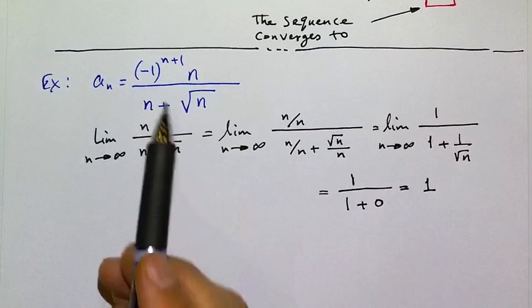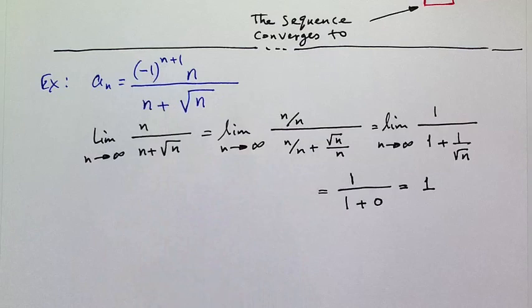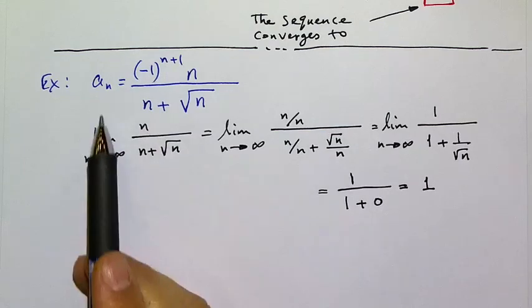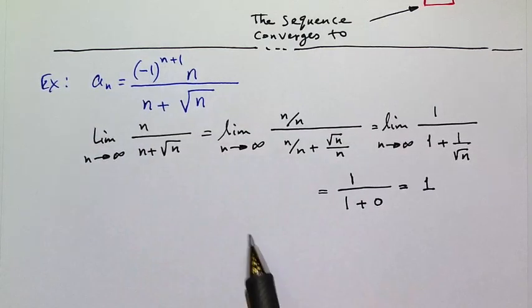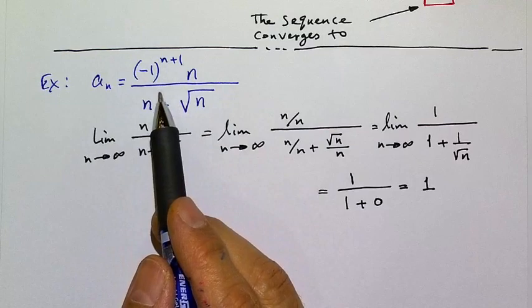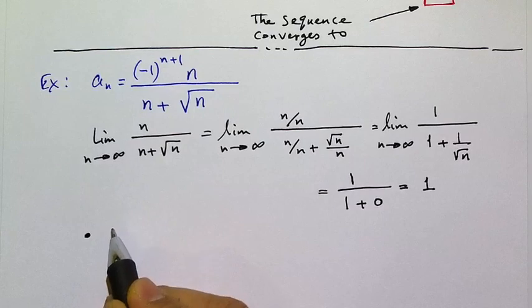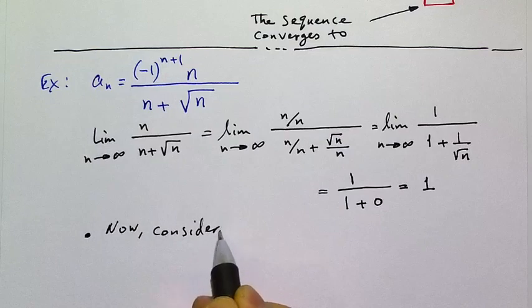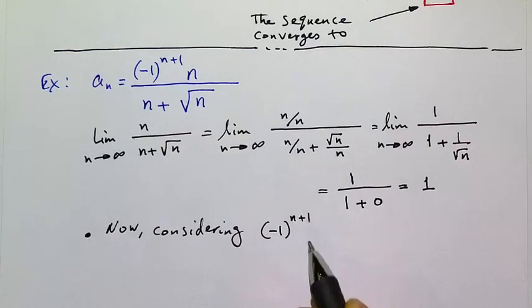And it does. But because of this, we have a special circumstance where the terms are going to oscillate. The limit is going to oscillate between -1 and 1 as n goes to infinity because of that. So this whole sequence as a whole, it's going to diverge. So let me write this down actually. So considering the piece that we didn't originally, considering -1 to the n plus 1 power,